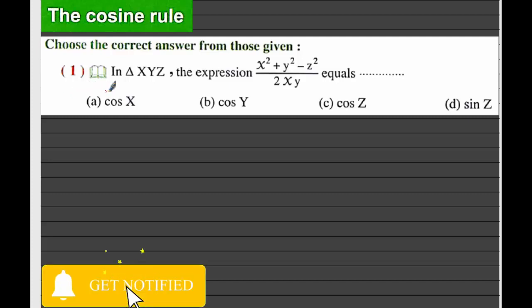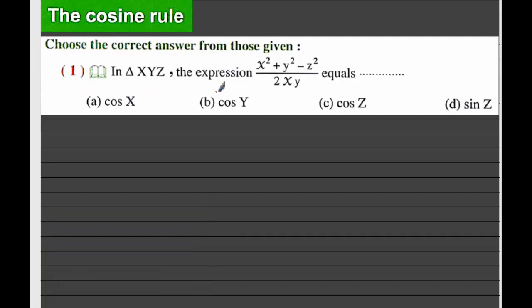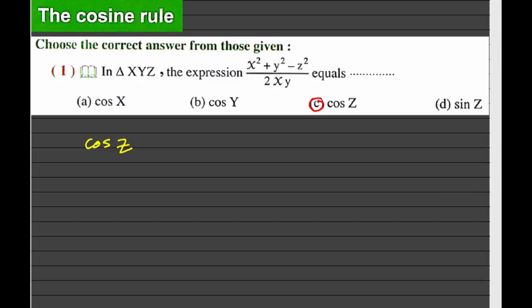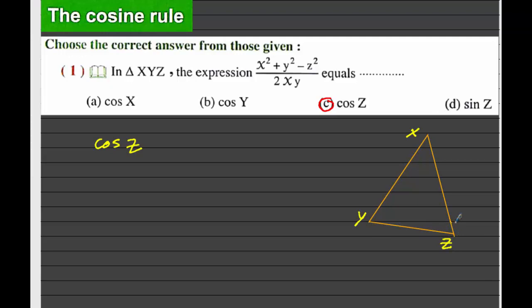Question number 1. In triangle XYZ, the expression (x square plus y square minus z square) over 2xy equals cosine x, or cosine y, cosine z, or sine z. The answer is cosine z, because in this triangle XYZ, cosine z, the angle z is opposite to the side of length z,